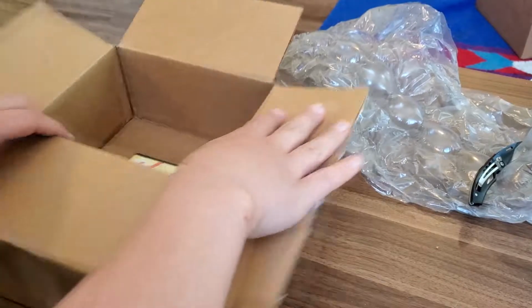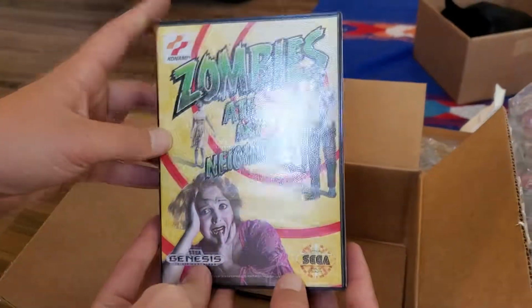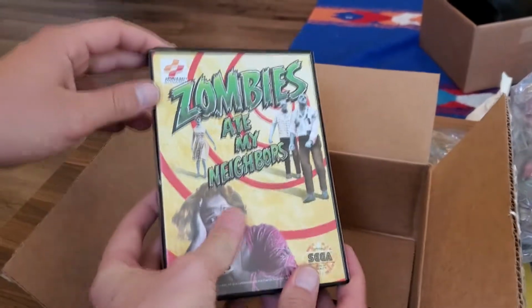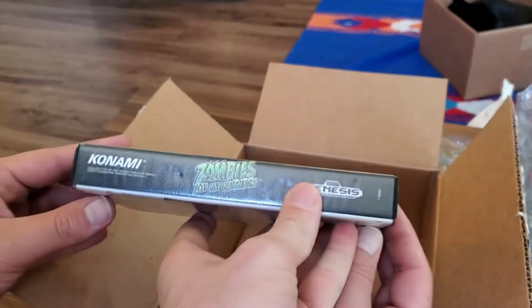And there we go. In its original packaging. Zombies Ate My Neighbors for the Sega Genesis. First impressions are it's got the texture and feel of a Rogers video rental case. It's big and it's chunky, which is fantastic. We'll give it a good look here in a second, but...